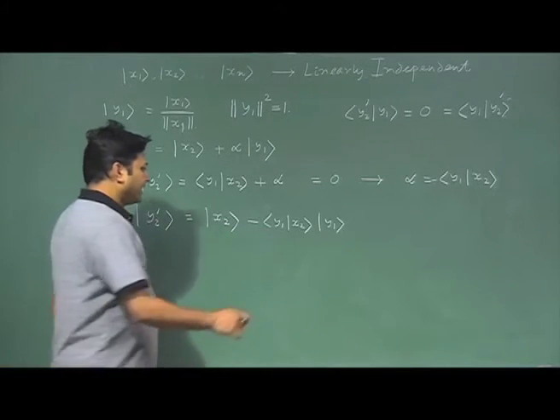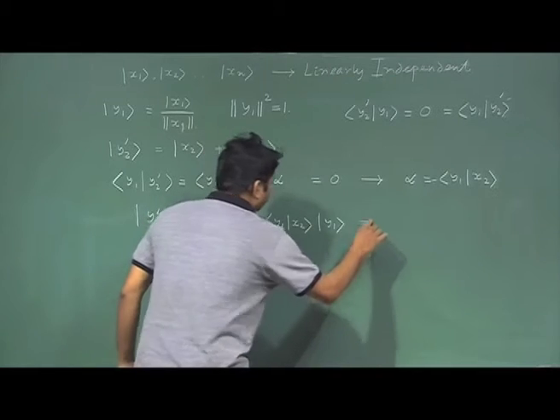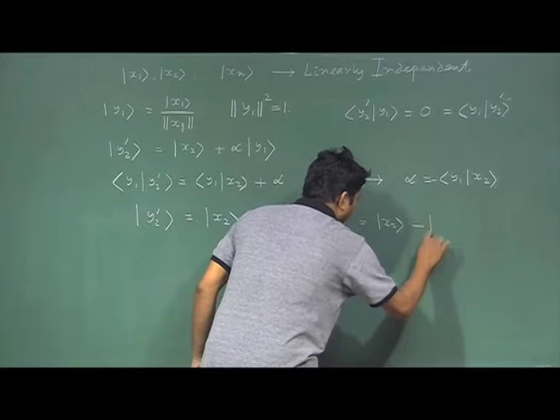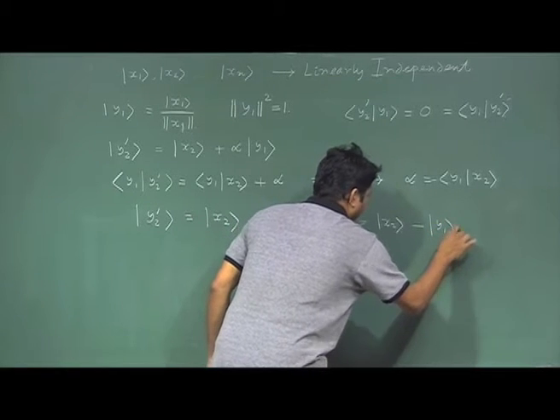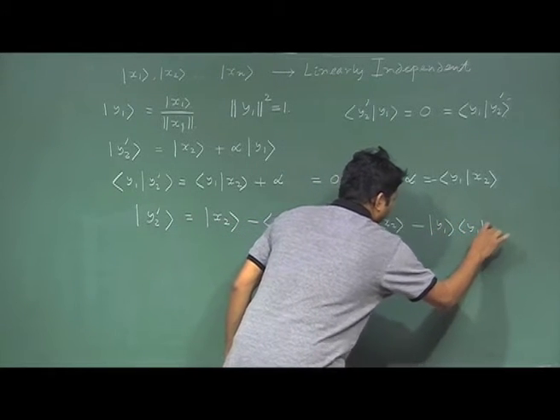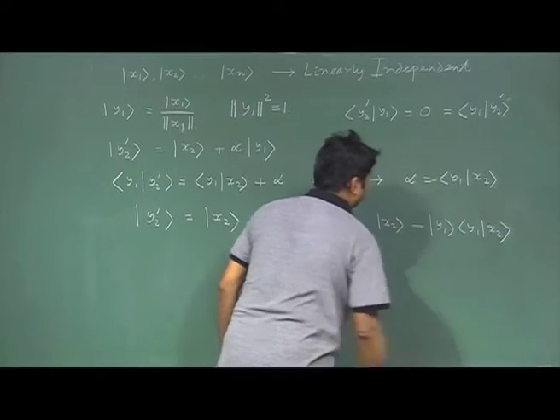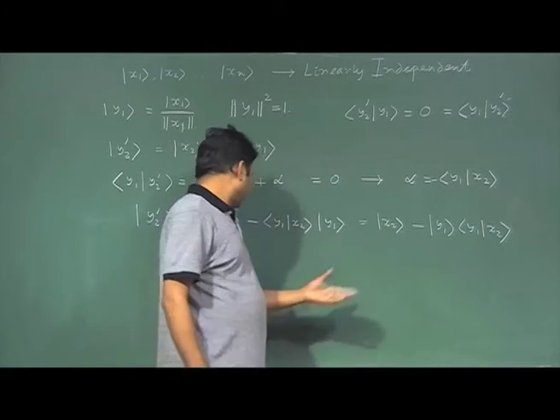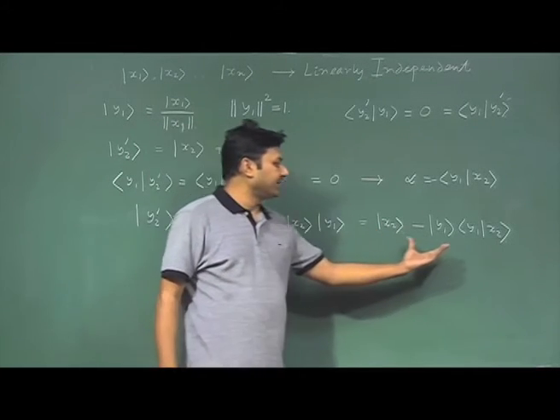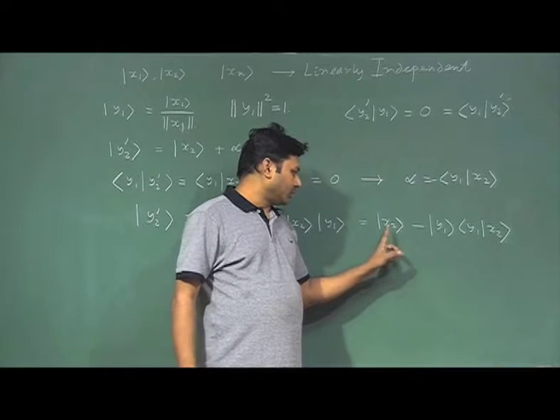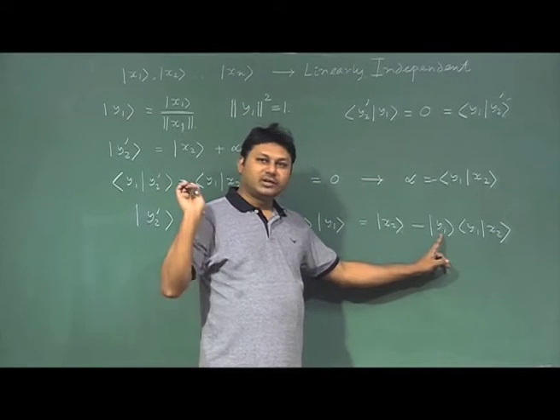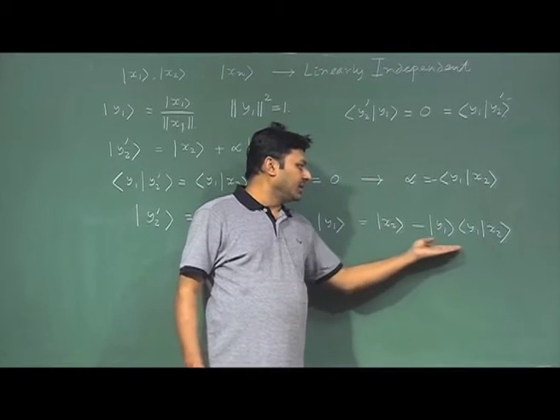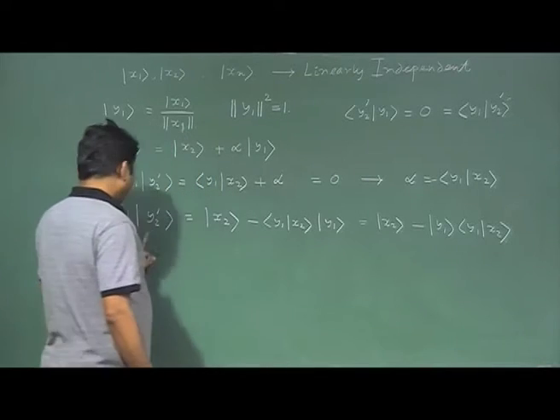Now this expression I write in a slightly different way. Let me write that, then I am going to explain why I am writing these things. So this is the vector. If you look at the right hand side, you will find all the values are now known. X2 is given, y1 I have already generated, and this quantity I can generate. So overall it gives a vector which is known, and this is my y2.